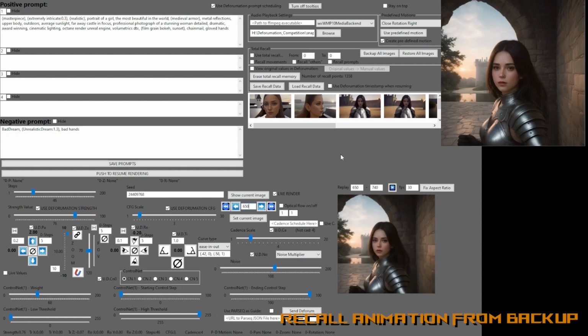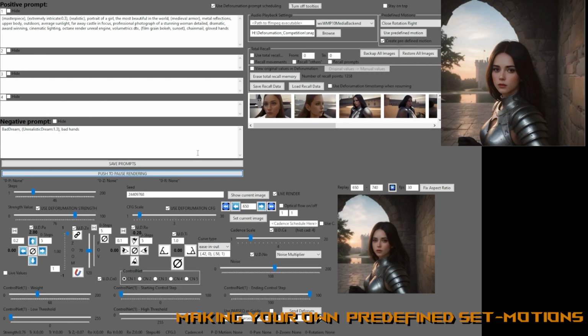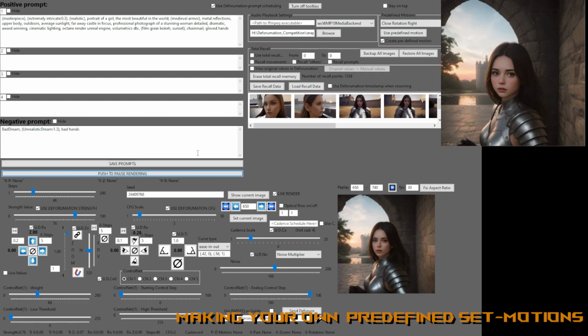Let's go back to image 650, and let's make this a little bit more sane. What did we say? We want 1. So let's zoom 1 and try this motion again. Set current image 650, and we want to render 7040. So let's push to resume rendering again and see if this motion will actually be a little bit more coherent for what we want. Of course, now, yeah, you can see the motion has begun,